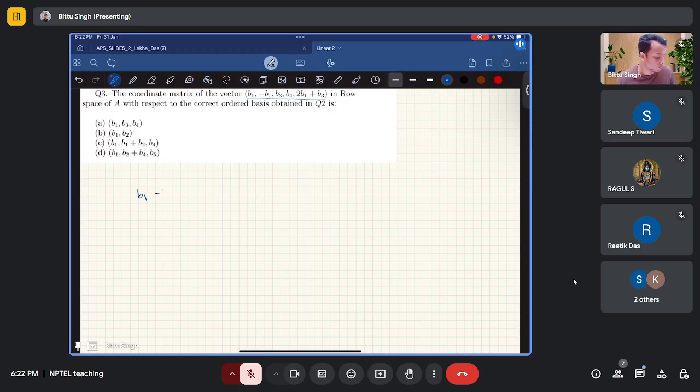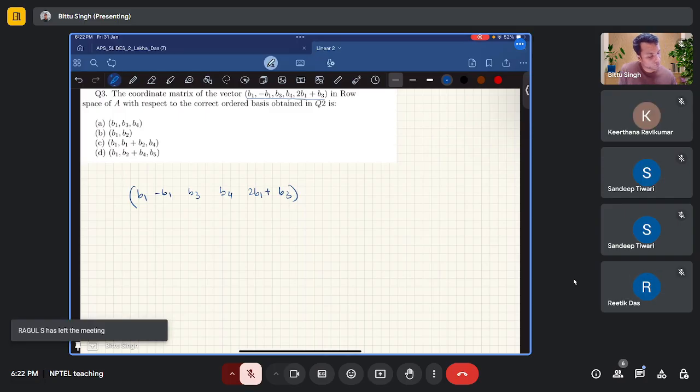So b1 minus b1, b3, b4, 2b1 plus b3. The coordinate will be something like this. The coordinate matrix of this in the row space. So this can be written as